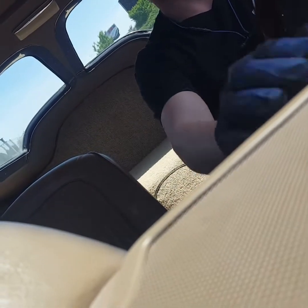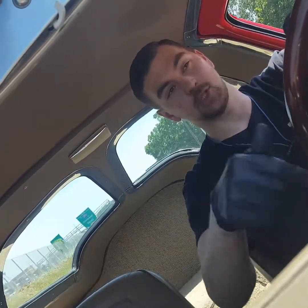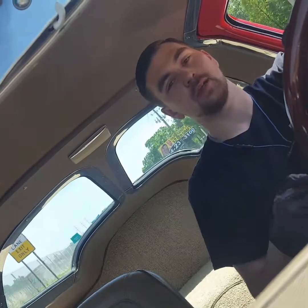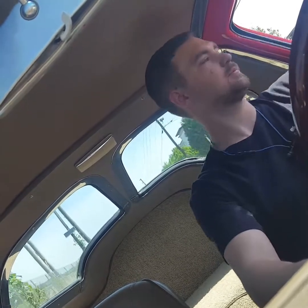This is awesome. Back at the shop, we'll have a quick look under it so you guys can see just what I'm going on about. Now I will warn you, she's a little bit dirty. So this is before detail, so we'll be cleaning her up, getting her ready to go home to some lucky car owner. If it's you that buys this car, I'm buying you a beer and we're gonna hang out. If you come buy this car, I will buy you a beer, maybe even a case of beer. And we're gonna sit and just look at it. Just like, why not? Prettiest body lines of any other car in the world. Classic